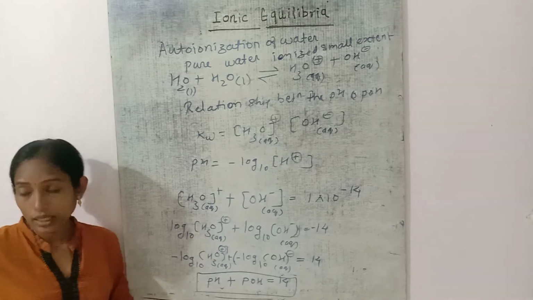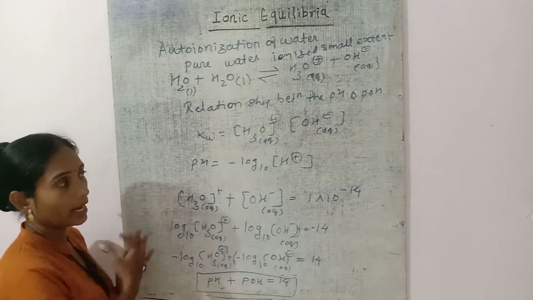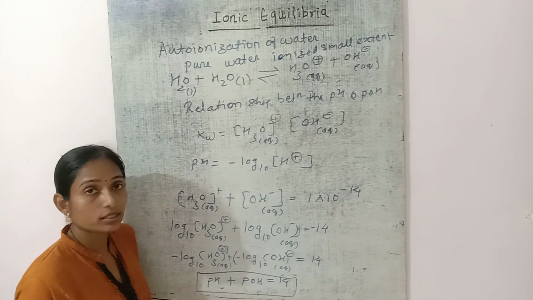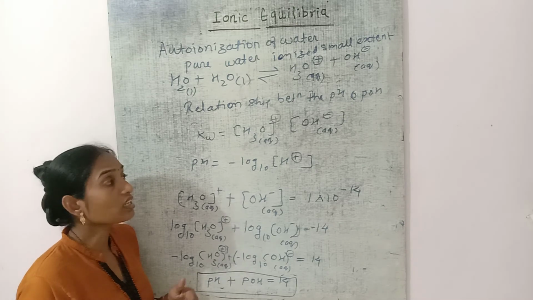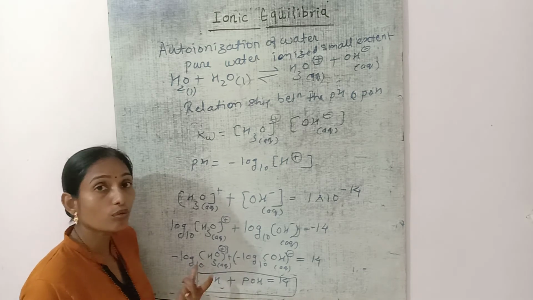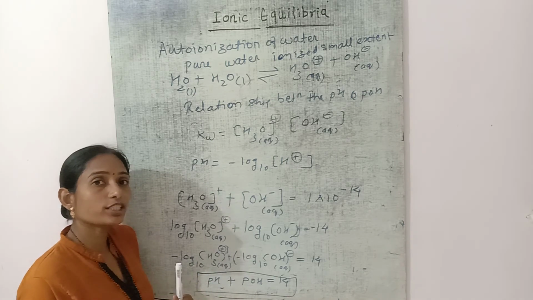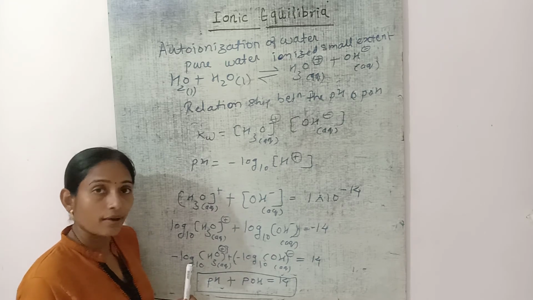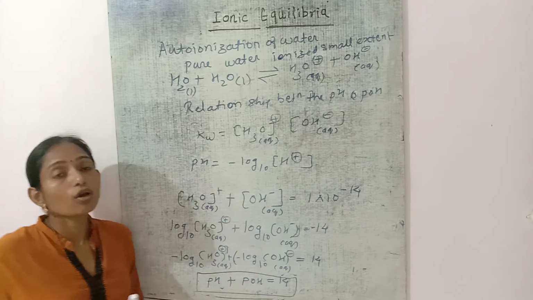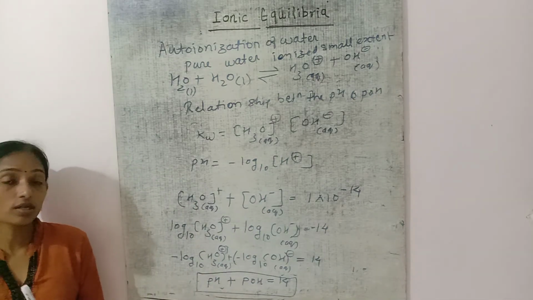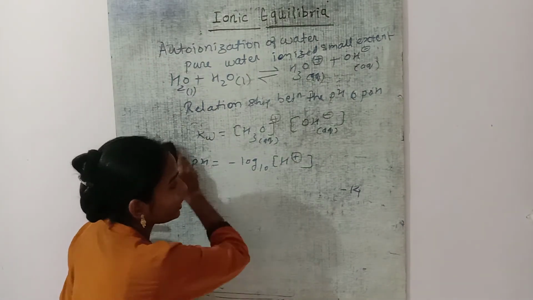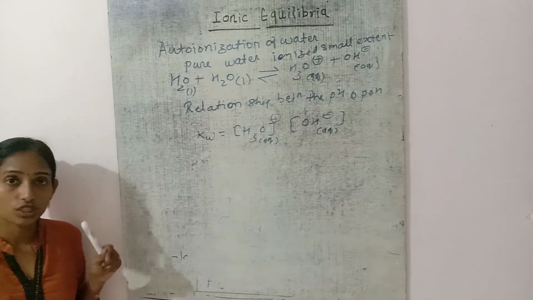Then there is another problem based on that. Calculate the pH of HCl. You have to determine the pH of 0.02 molar HCl. How do we do it? You can calculate it using this formula. When measuring the pH of HCl, we know it is an acid, and when dissolved in water it forms H plus ions and Cl negative ions. The concentration is given, and you have to determine the pH and pOH of the solution using this formula.